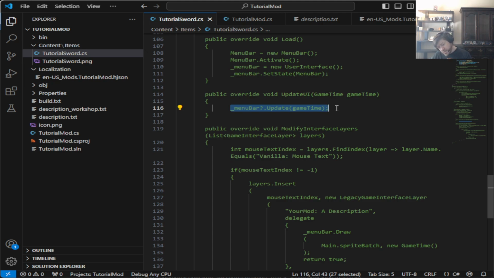You wouldn't necessarily need to have it placed within a try catch block to verify whether or not the menu bar is null or not. So that's good. That's useful. Although